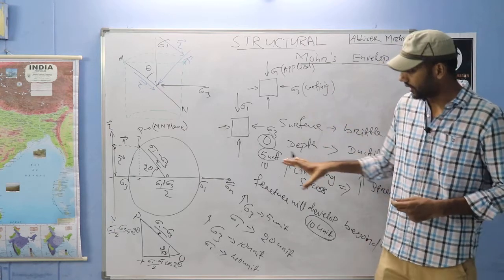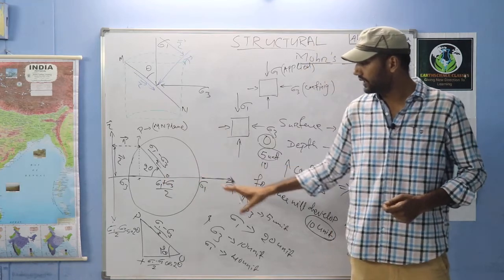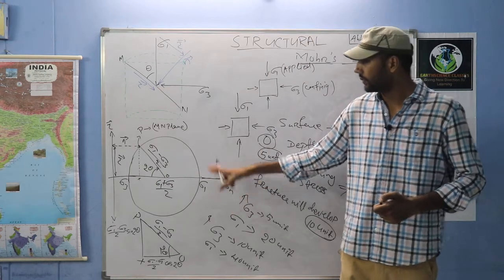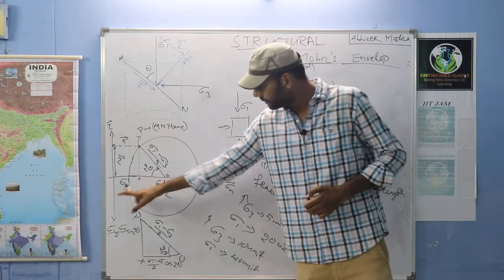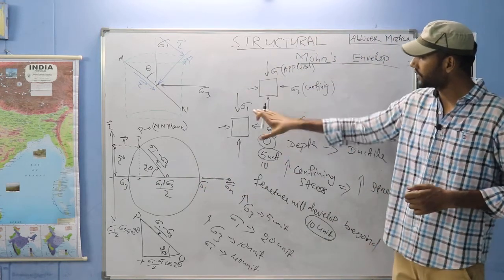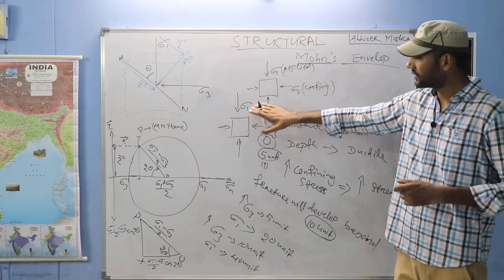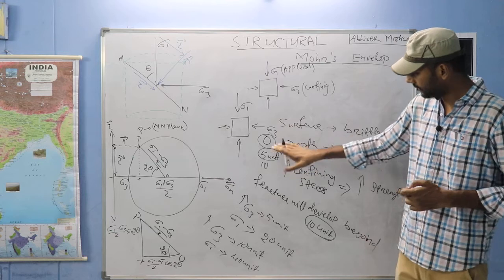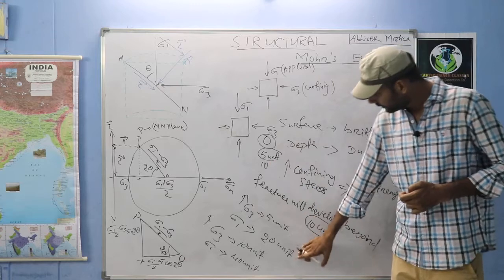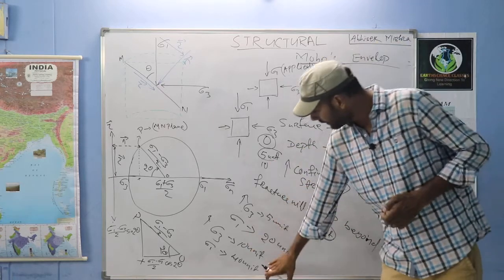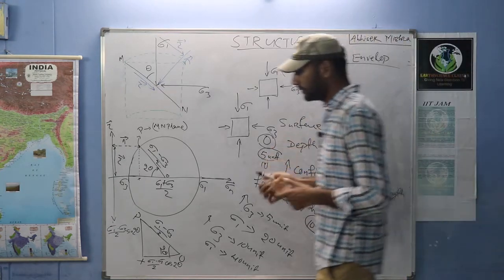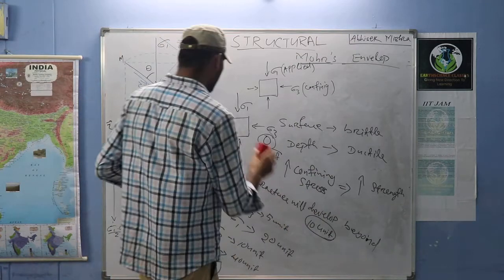So if I will take, as I have told you, the Mohr circle is in between the minimum and maximum principal stress. We are plotting the Mohr circle by using minimum and maximum principal stress. So here minimum is the confining one and maximum is the applied one, the maximum limit. So if I will plot in the first case 0 and 10, then in the second case 5 and 20, then in the third case 10 and 40, I will get 3 circles. So let's draw that, then we will go to the next.